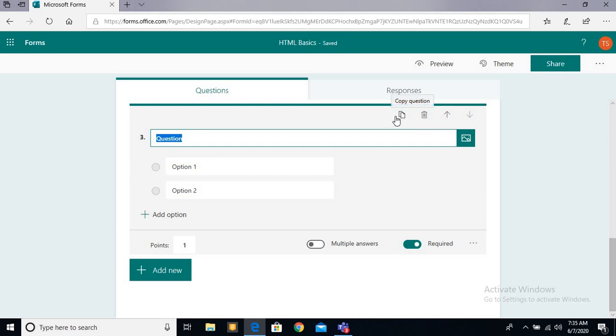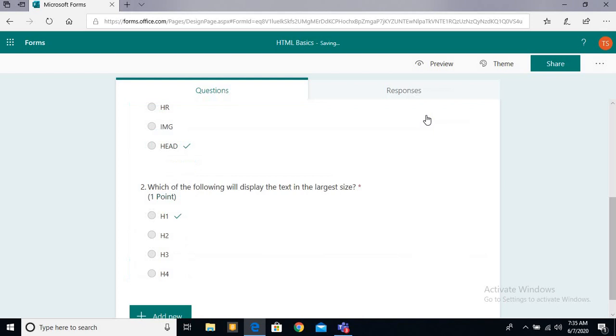I'm not going to copy, because I don't want to create further for you. So in that way you can create multiple questions by clicking on add new. Right now I'm not going to create any question further, so I'm going to delete this one. Just you can see I have created these two questions only, but you can create multiple.